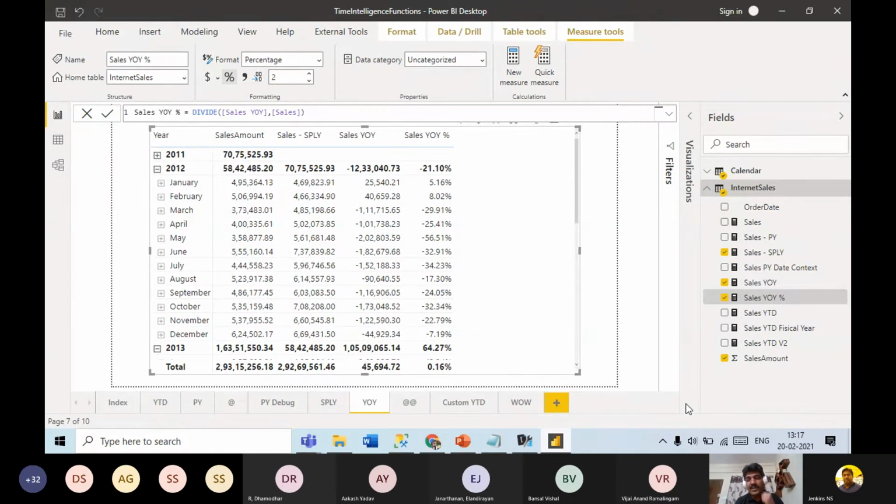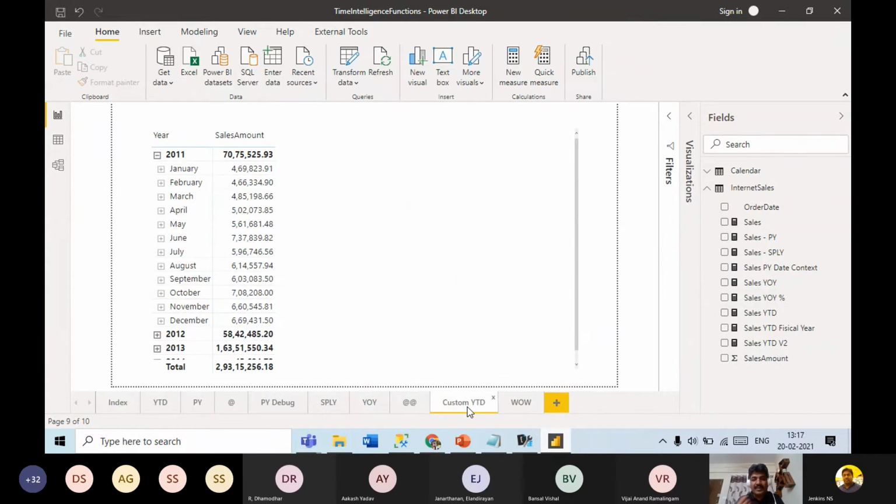These steps you can use to build any time intelligence calculation on your own if there are no built-in time intelligence functions. Already I have shown how to build a previous year function on your own. Now let me show you how to build your own custom year-to-date time intelligence function.